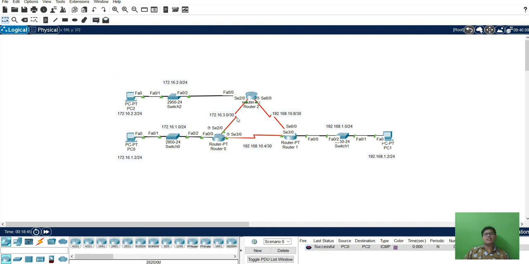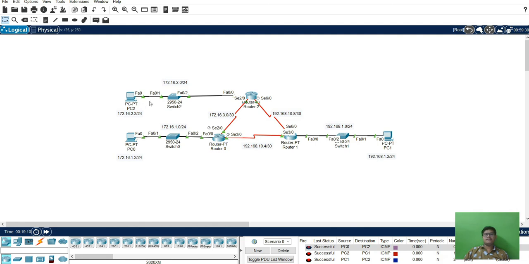From this to this it goes successfully. So it will find the shortest path, meaning it can go either from here to here, or the other way around, and it can also come back along either route.